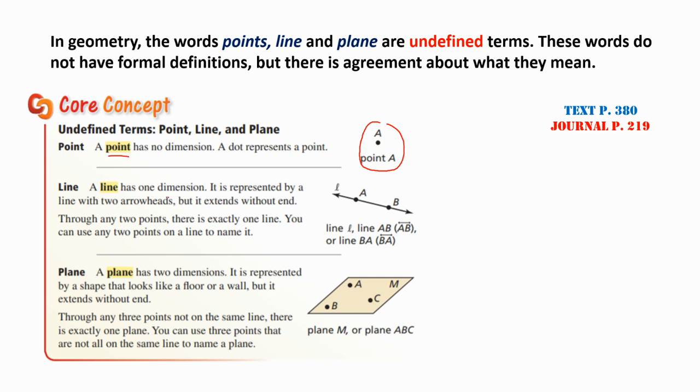A line has one dimension. It's represented by a line with two arrowheads, but it extends without end. Through any 2 points, there is exactly one line. So imagine drawing 2 points any which way that you could. Can you draw a line through them? Well, yeah, you can. No matter how you draw 2 points, at least in Euclidean geometry,